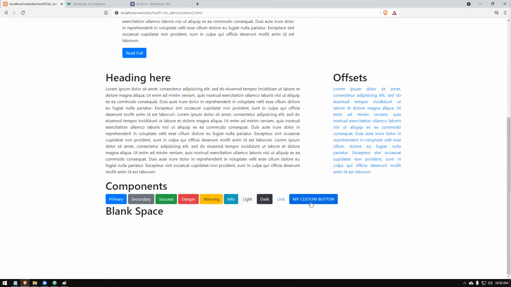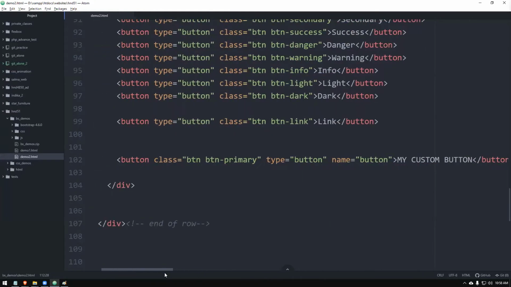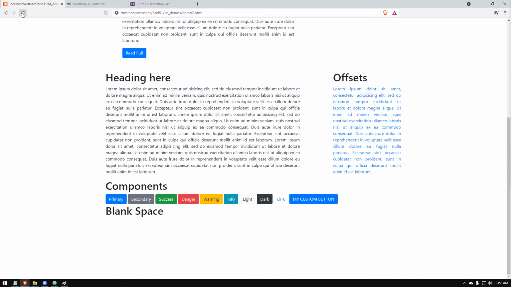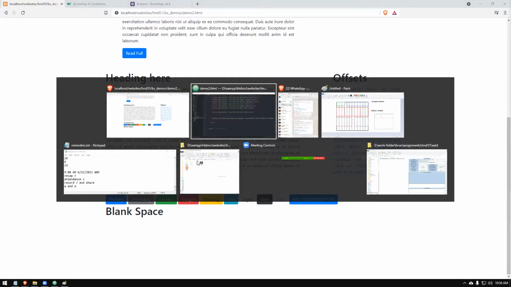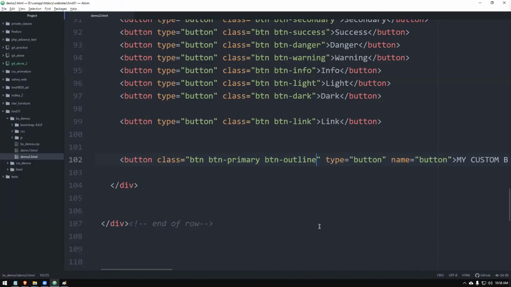So you can see now it's very clearly my custom button. You can use btn-primary, you can use btn. Don't use it directly like this.